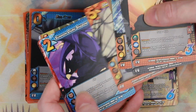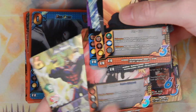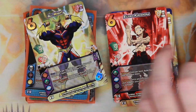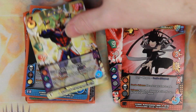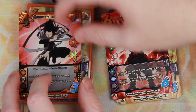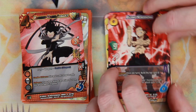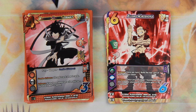Brute Strength, Zero Gravity Lift, Summon Dark Shadow. Oh, so I got a couple of them. And they got Kirishima, Binding Cloth Assault, and, ooh, look at that, XR All Might. So that's a fancy card. These XR character cards, I think, or something. Binding Cloth Assault. Combo weapon. So it has to combo with a weapon attack, but if you have played an action this turn, this attack